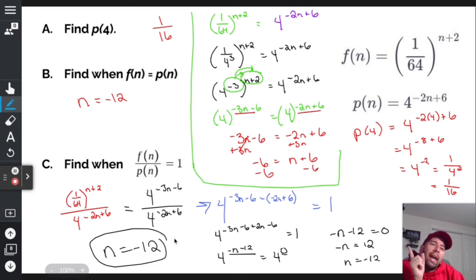And if you were like, hey, dummy, and that's you talking to me, hey, dummy, couldn't you just have looked at this guy and said, f of n, divide both sides by p of n, and if you divide both sides by p of n, you get f of n over p of n equals 1? You just wasted all this time? Well, yeah, I guess I did. Oh well, it's my video,